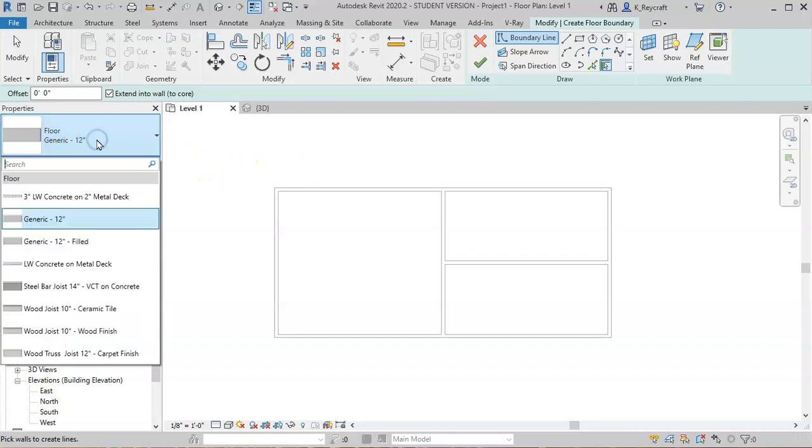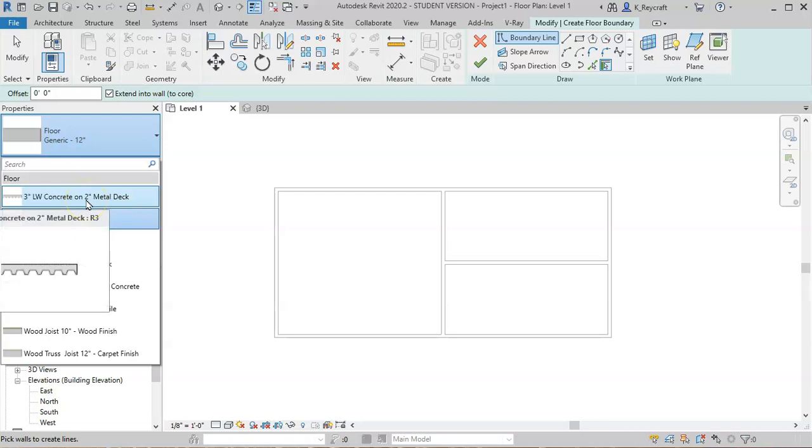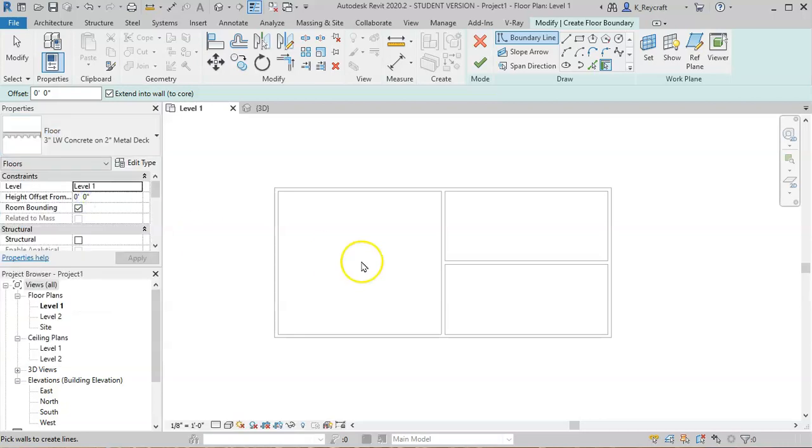Over here we have our floor types, and we have a number of floor types to work with. I'm going to pick lightweight concrete on metal deck. The only reason I'm picking that is because this particular floor style has a hatch pattern to it, so it's easier to see. So if I want to sketch out where I want my edges of the floor to be, I pick walls, and then I can pick,